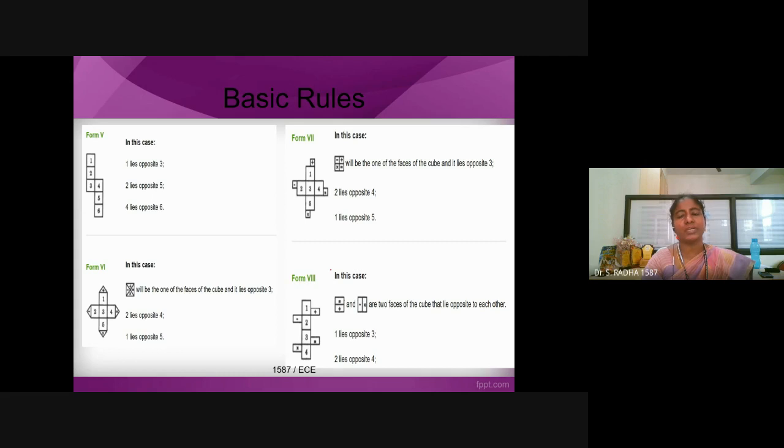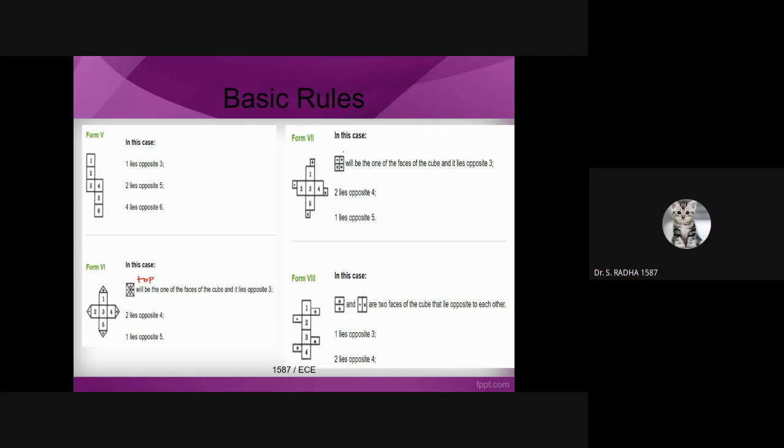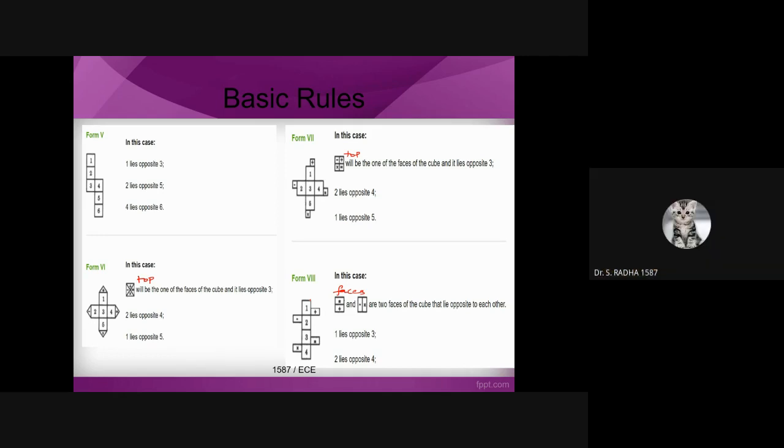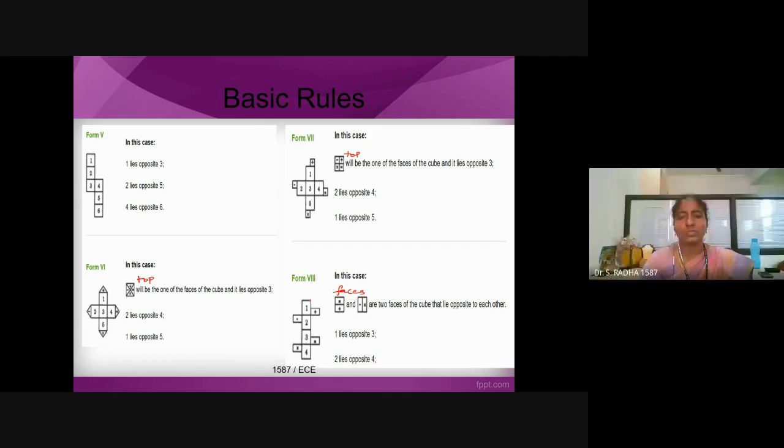These are different things, how the top will look like. This is about the top, how the top will look like. And this is about the top when you cover. Okay. And here what you can see, these two will be faces. When you join them properly, these two are faces. So these are some of the basic rules while forming a cube from the cutting papers.